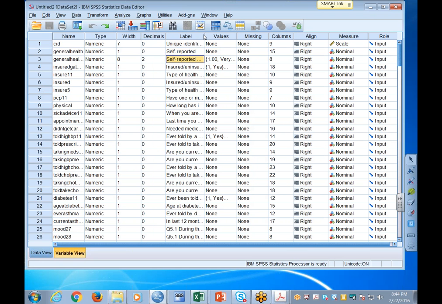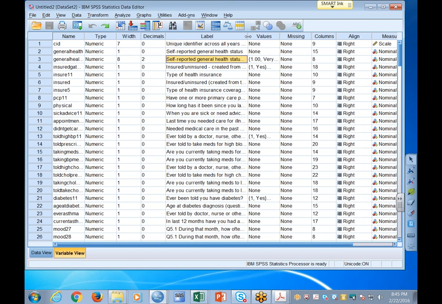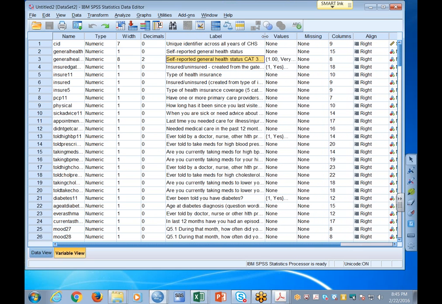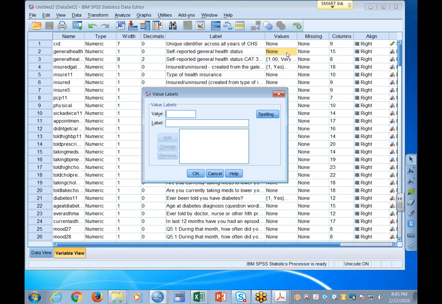I don't want to stretch all of these. Let's stretch that one. Notice I can spread this out just like I can in Excel. But you want to make sure you don't select all of them. Self-reported general health status. That's what they were responding to. And the values, they're not coded in here, are they? Right? So we would have to go back to the code book and tell SPSS